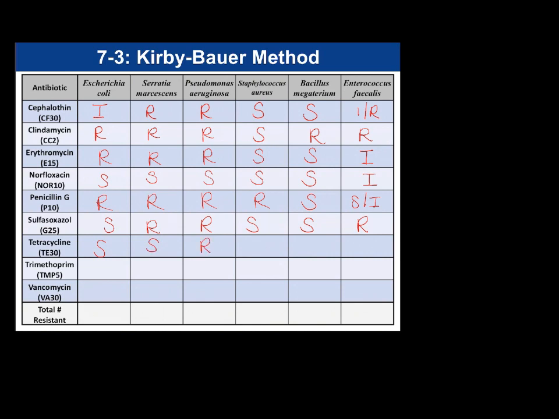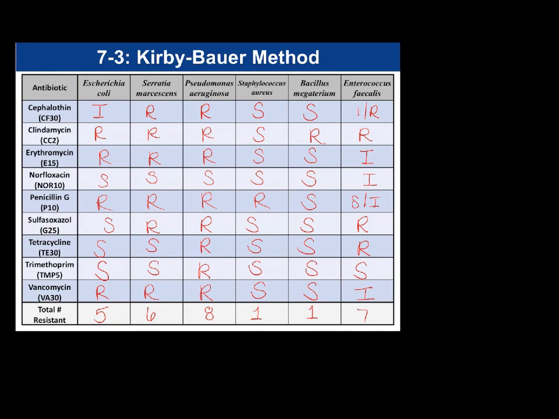Tetracycline, we have sensitive, resistant, resistant. Trimethoprim, sensitive, resistant, sensitive. Vancomycin, we have resistant, sensitive. I've gone ahead and totaled up our total number of resistant per species of bacteria,